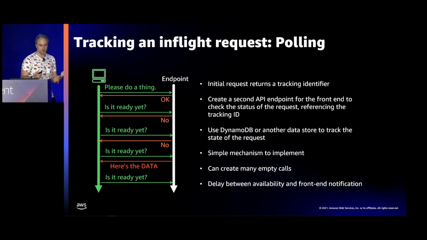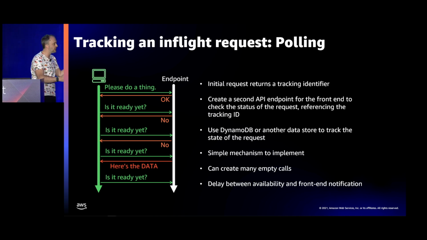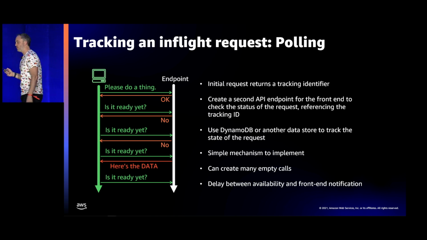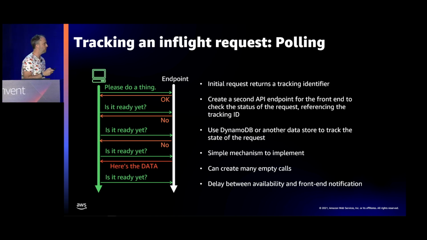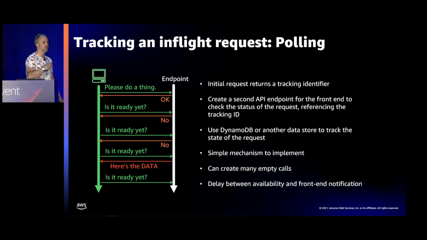Now, polling reminds me always of going on a long car journey with my daughter where I'm driving and she's, "Are we there yet, Dad?" "No." "Are we there yet, Dad?" "No." And it goes on for the duration of the journey, and it's very annoying, but it works really well because she gets constant status updates about where we are during the journey. She's polling me for updates. And this is one way you can get information about your asynchronous workload, right?